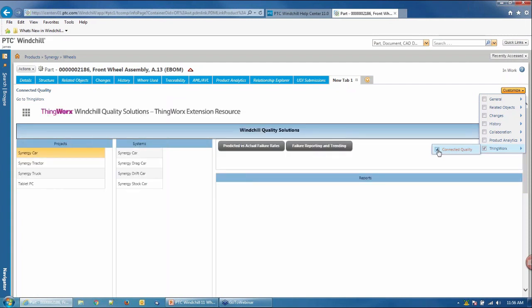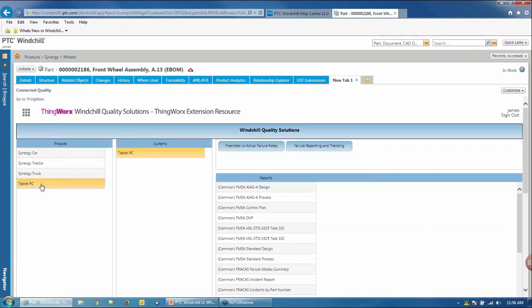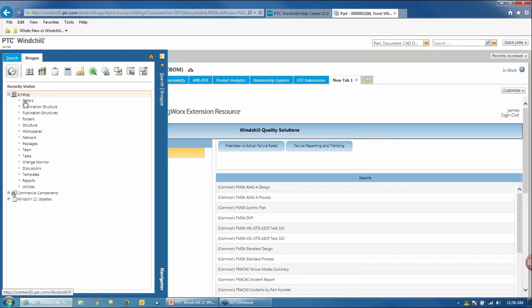Quality Solutions ThingWorx extension. So I don't know how many of you actually use our Windchill Quality Solutions platform for defining FMEAs and FRACAS and DVPs and control plans, but this Quality Solutions extension is actually tapping into the Windchill Quality solution database, and I can query information directly through this mashup and present it in Windchill, either on a tab that a user configures, on a tab that is defined by an administrator, as an action or a tab